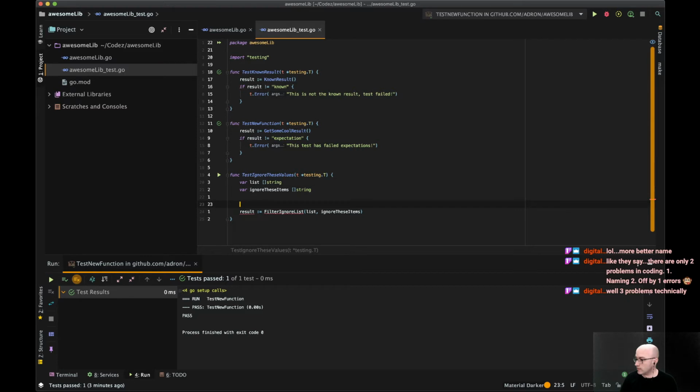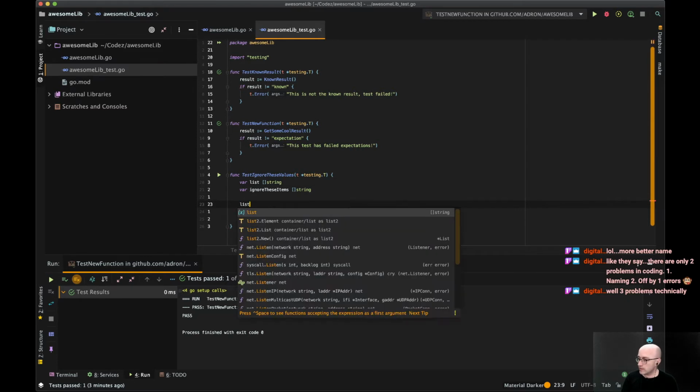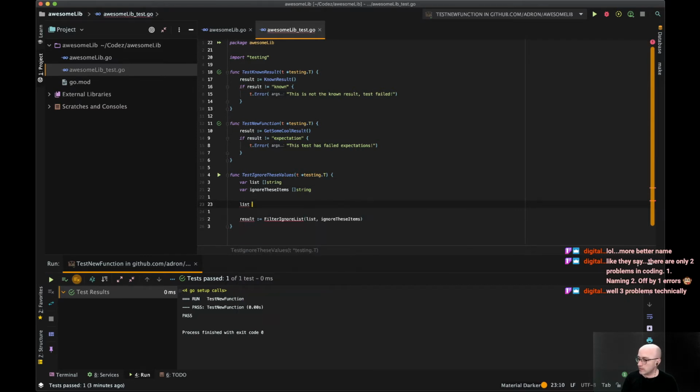Then let's say list is equal to, we'll turn it into a slice, so we'll say list, first value, right? We'll put 4 values in there. So first value, second value, another value, and this thing.